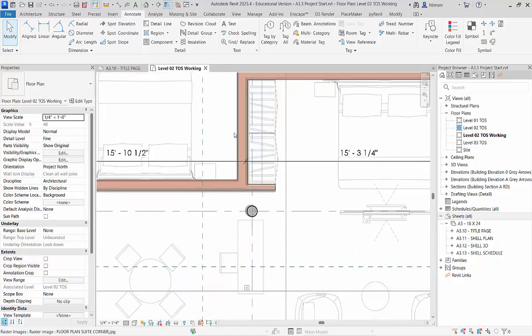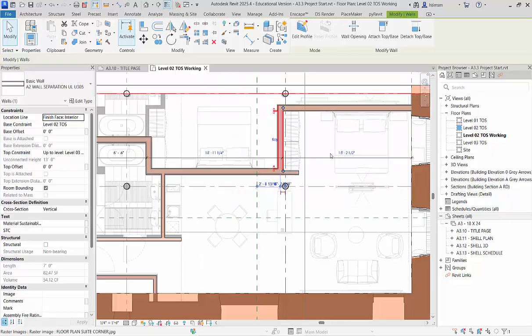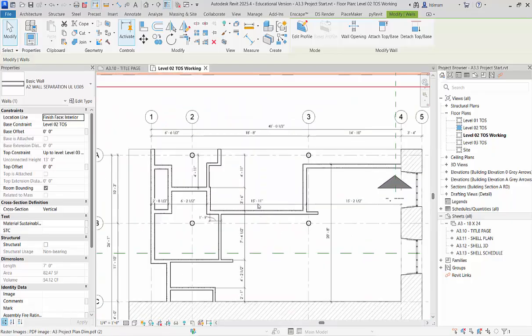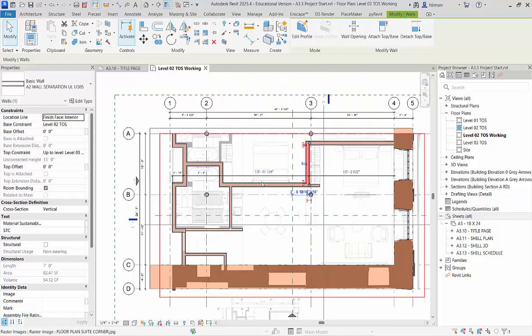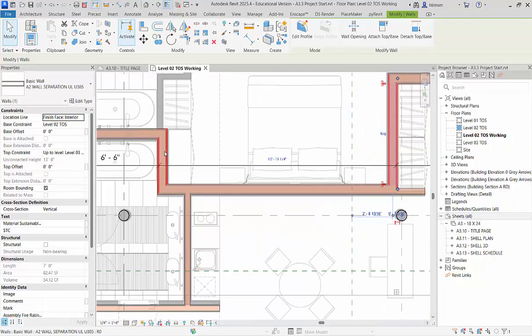So to adjust where they are, you just come in and pick the wall you want to move, because I don't want to move the brick wall. So I pick the one I want to move and just type 15.2.5, right? And it'll move that over. And then the next one is 15 11, right? So make sure that you have the dimensions going to the correct place, because if I were to pick 15 11, pick this one, it would move this one this way and change that. So I need to pick this and go to 15 foot 11,